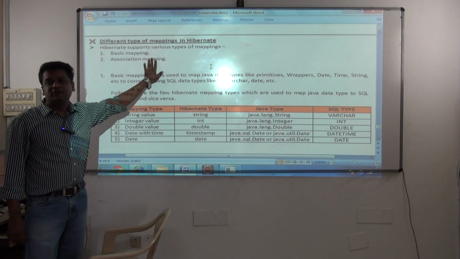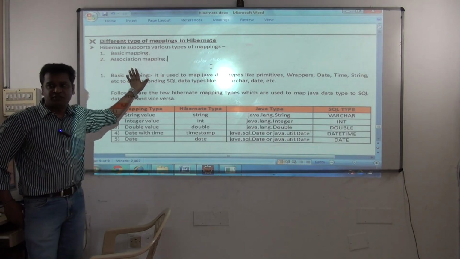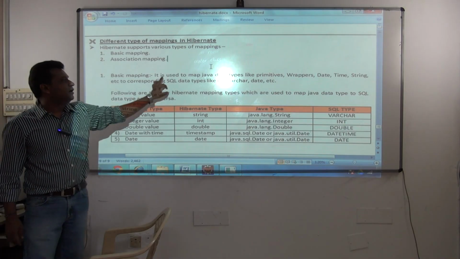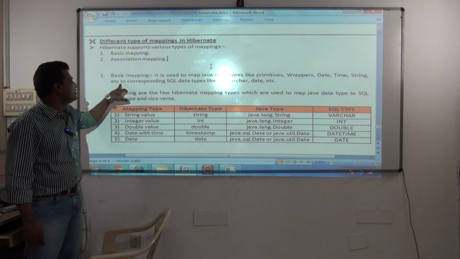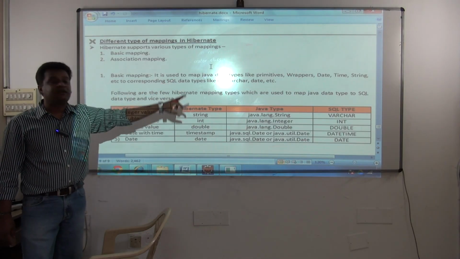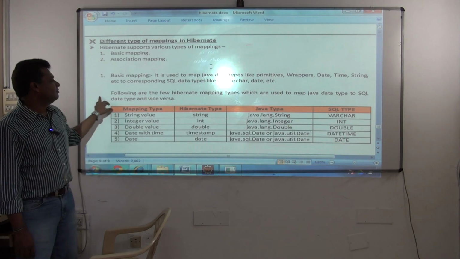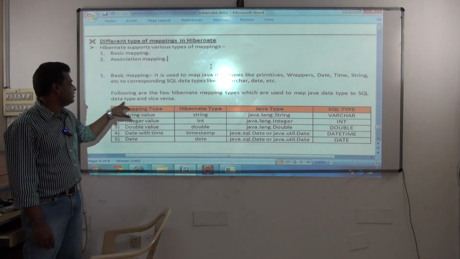Hibernate supports various types of mapping. One is basic mapping, the other one is association mapping. Basic mapping is used to map Java data types like primitives, wrappers, date, time, string, etc. to corresponding SQL data types like int, varchar, date, etc. Following are a few Hibernate mapping types which are used to map Java data types to SQL data types